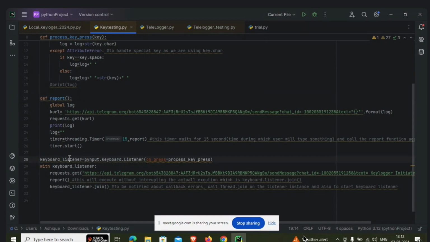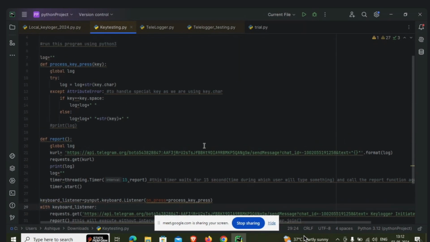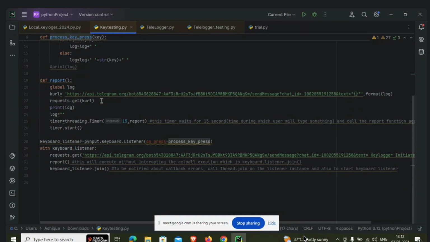And in that, the keyboard listener is the object used to start the listener, which has a callback function, which is process key press. That is this function. And with this context, we can start the keyboard listener, and so we get an initial message in Telegram saying that the keylogger has been initiated,